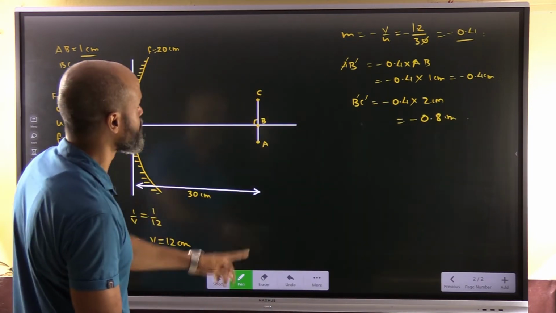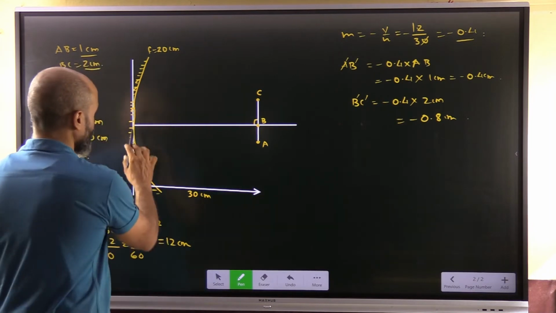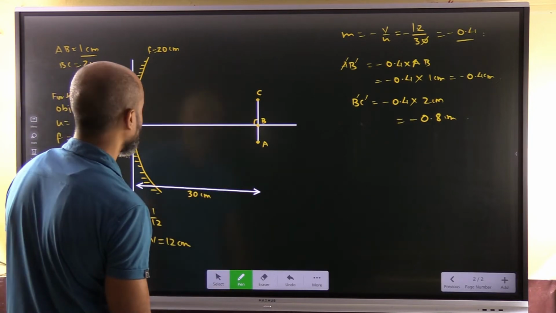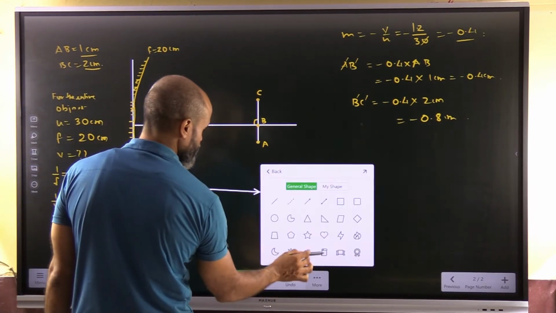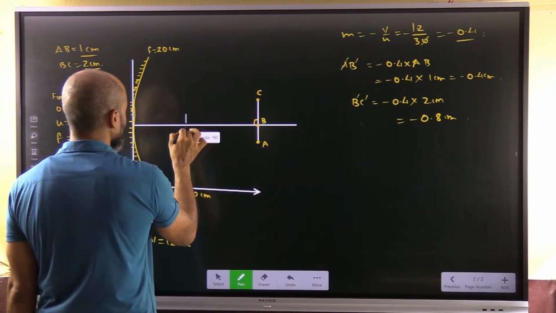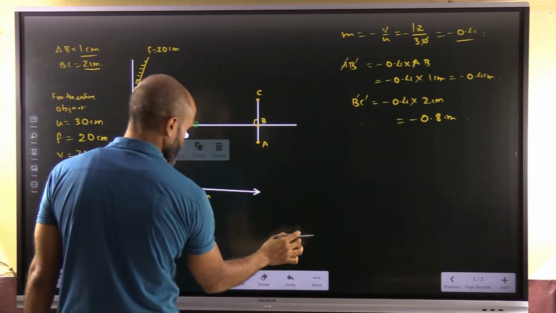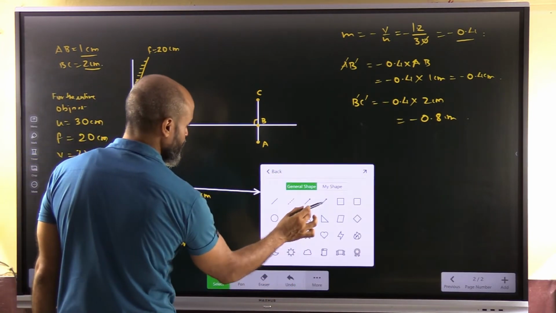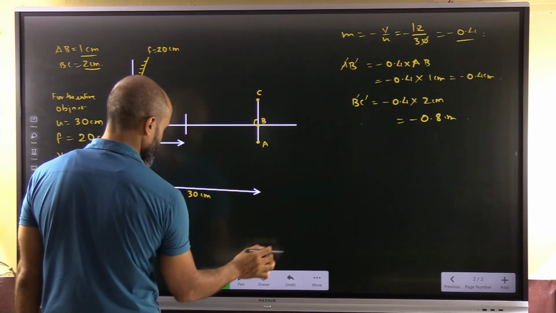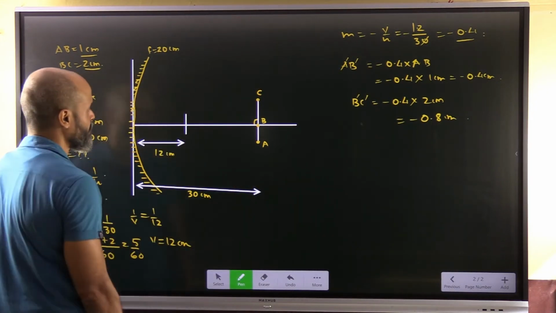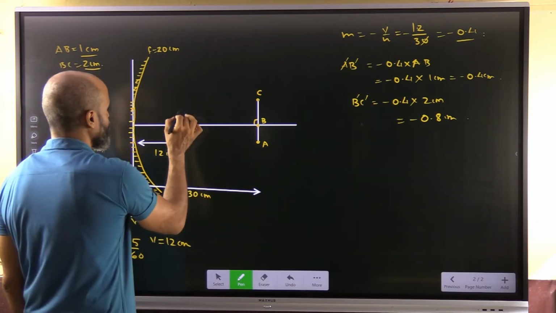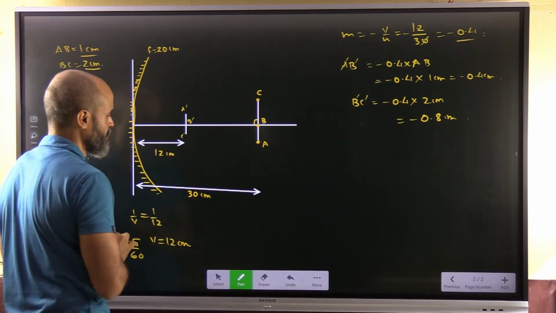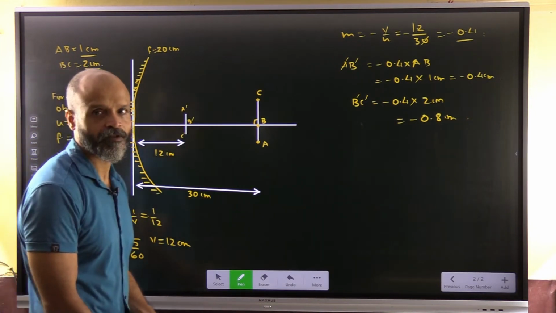So if I look at this, the image is getting formed at a distance of 12 centimeters. Somewhere here the image is getting formed, and it is going to be like this. It is a smaller version of the image. Okay, this will be the smaller version of the image formed at a distance of 12 centimeter. So we will have A', B' here, and this will be C'. Okay, that is how the image will be formed here.